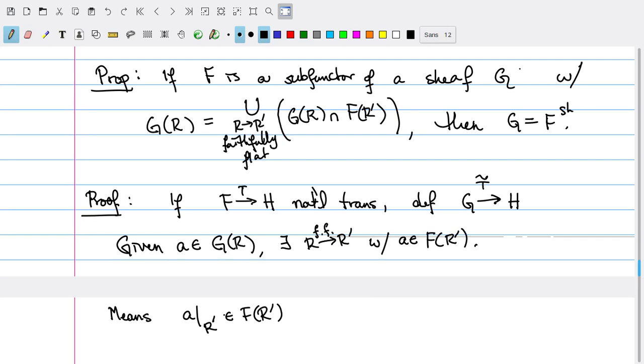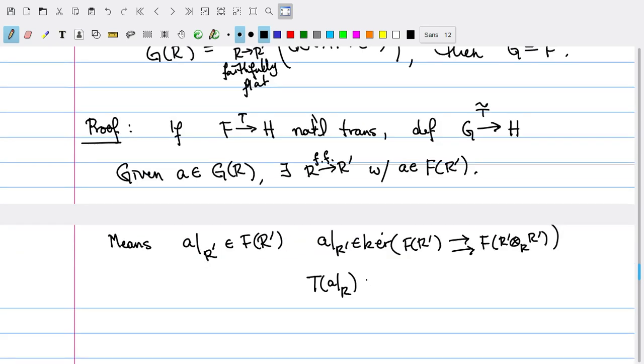What this really means is that a restricted to R' is in the kernel of the equalizer diagram from F(R') to F(R') tensored over R with R'. This means T of a restricted to R' will be inside the kernel of the equalizer diagram associated to H,